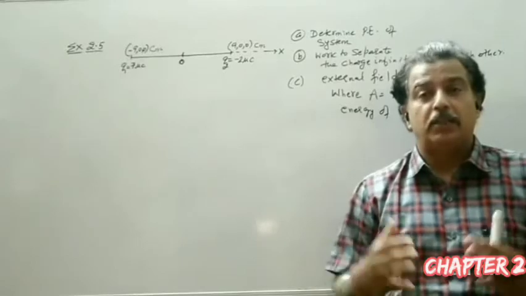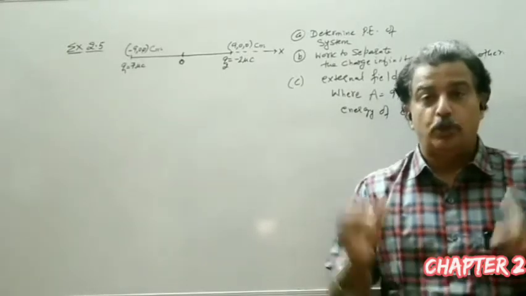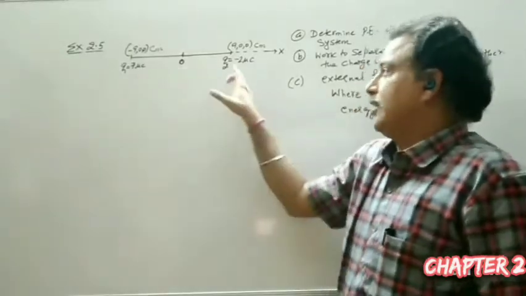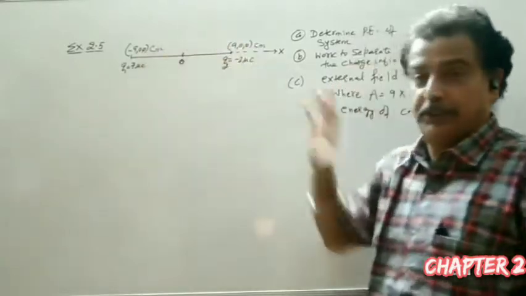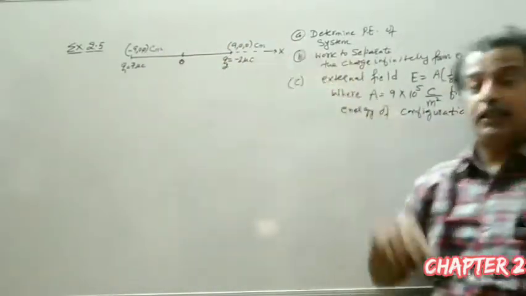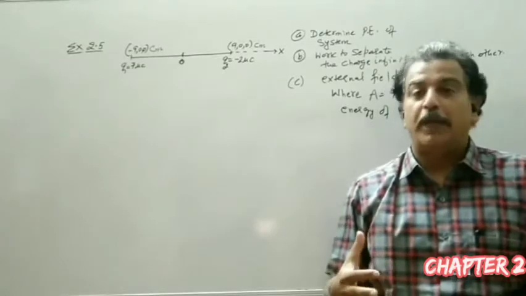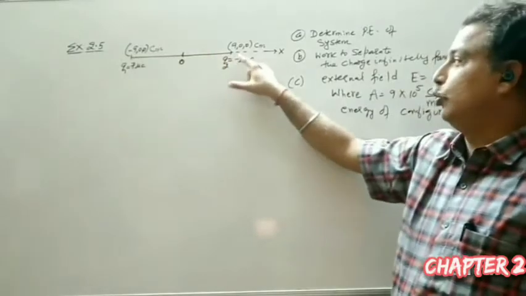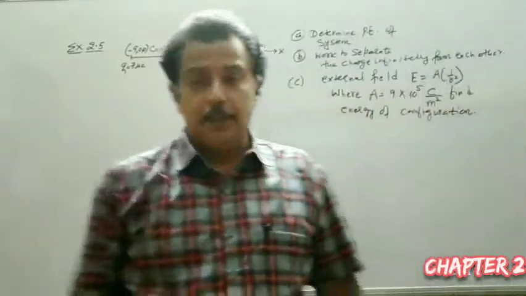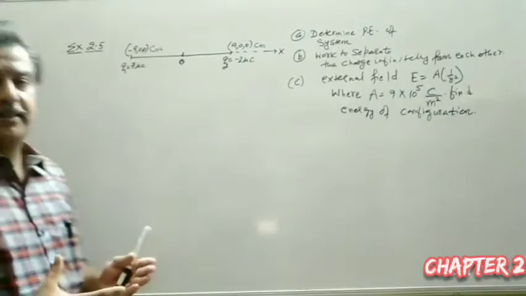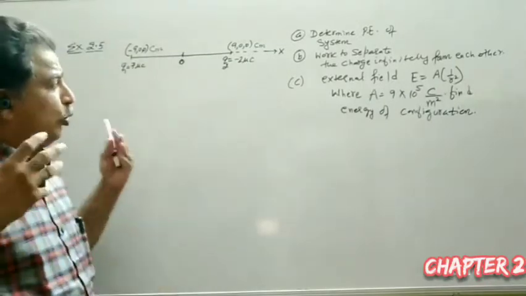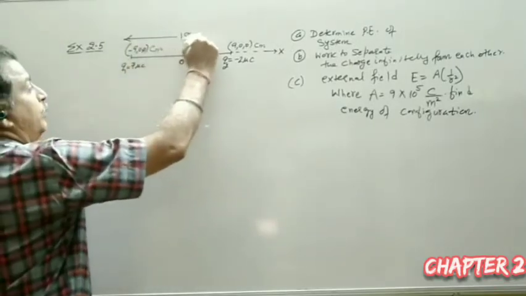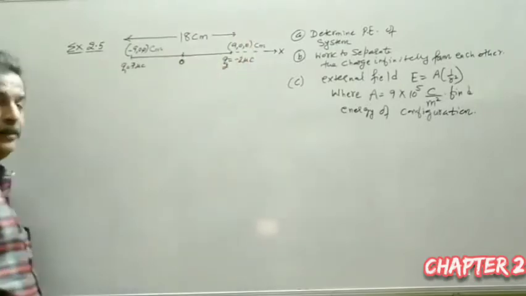But potential energy means the work is done against. So you have to spend energy to maintain these two charges at their respective positions. If I say find the potential energy of the system, it means I have to spend energy to keep Q1 at coordinate minus 900 and Q2 at coordinate 900 centimeter. Since potential is a scalar quantity, we don't need the direction at all. So directly the total distance becomes 18 centimeter.